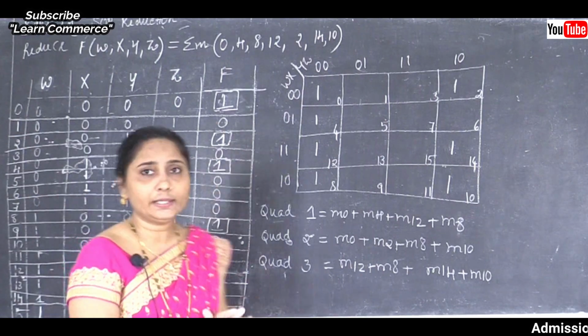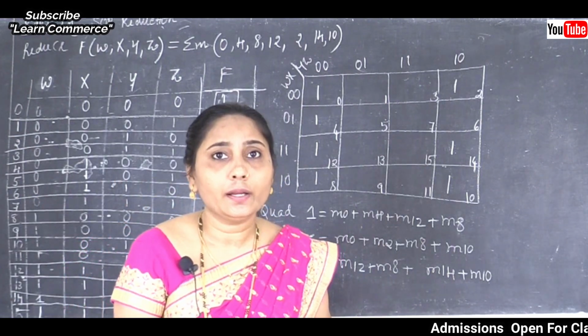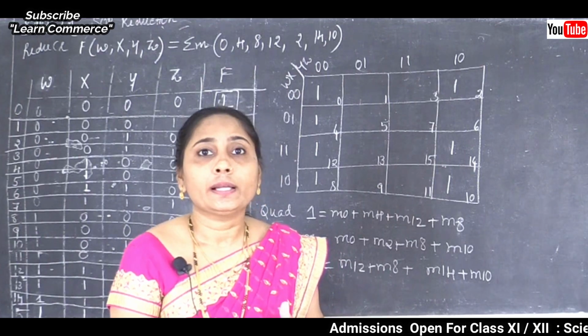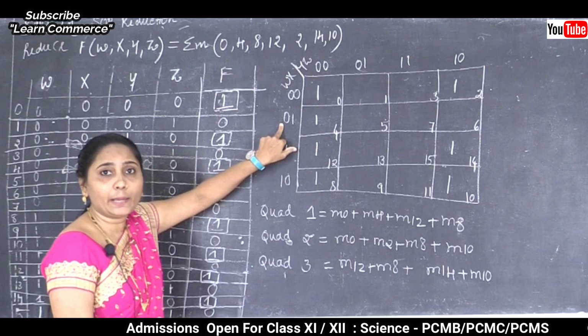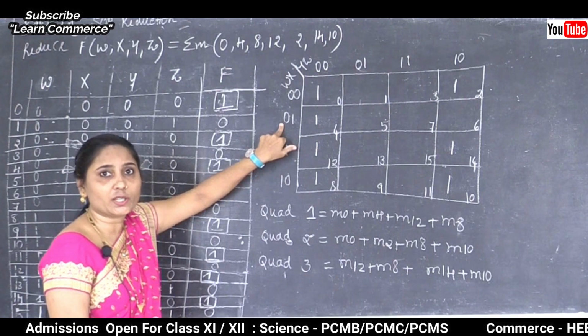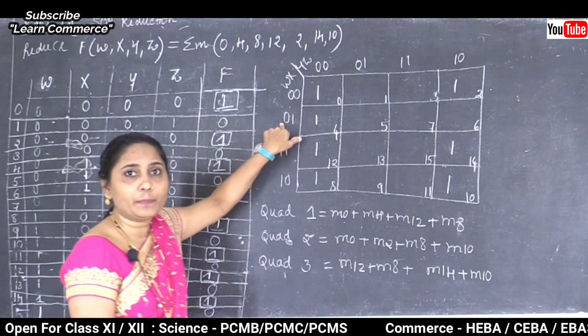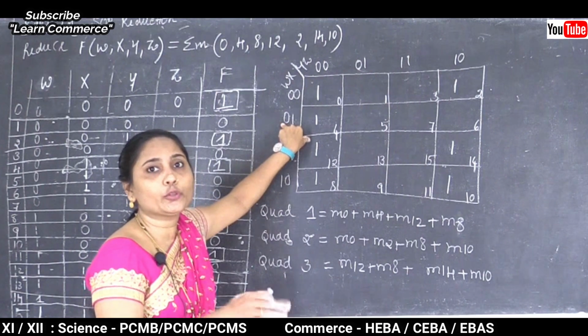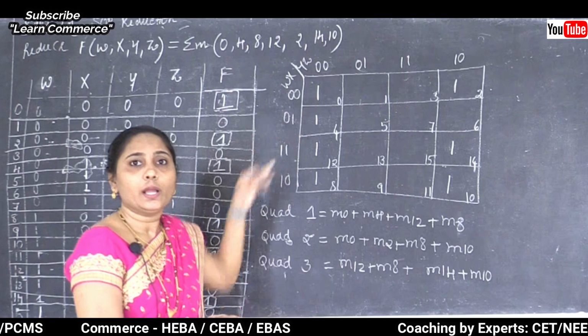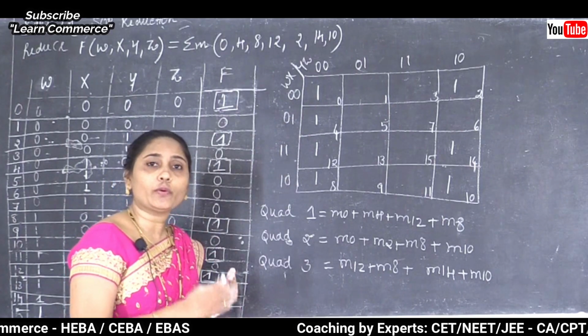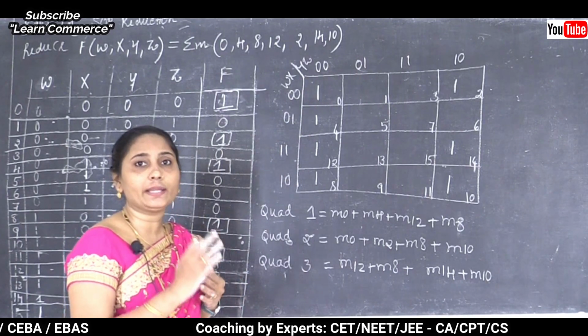Now, the second thing, I am going to complete the K-map. So I am drawing the K-map: draw an empty K-map for a given number of variables. For a 2 variable K-map, 2 to the power of 2 is equal to 4 squares. We need just 4 squares. For 3 variables, 2 to the power of 3 is equal to 8 squares we need.